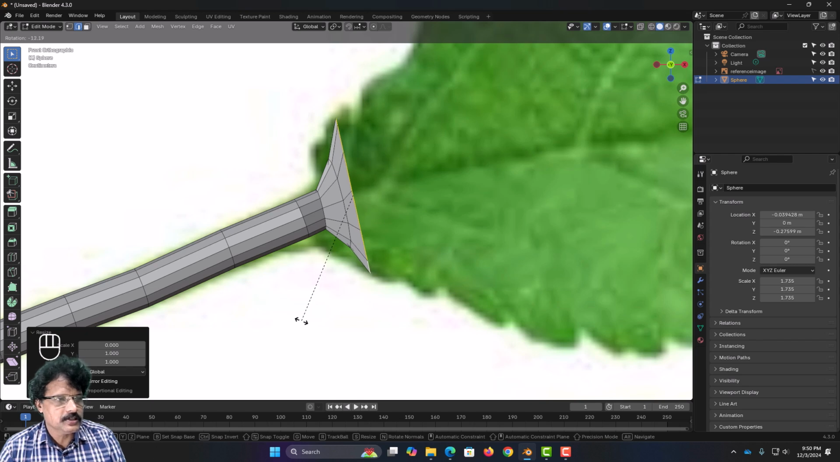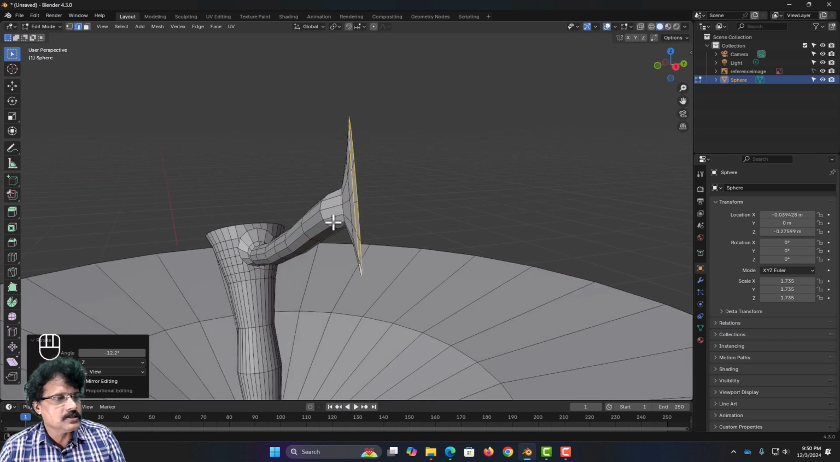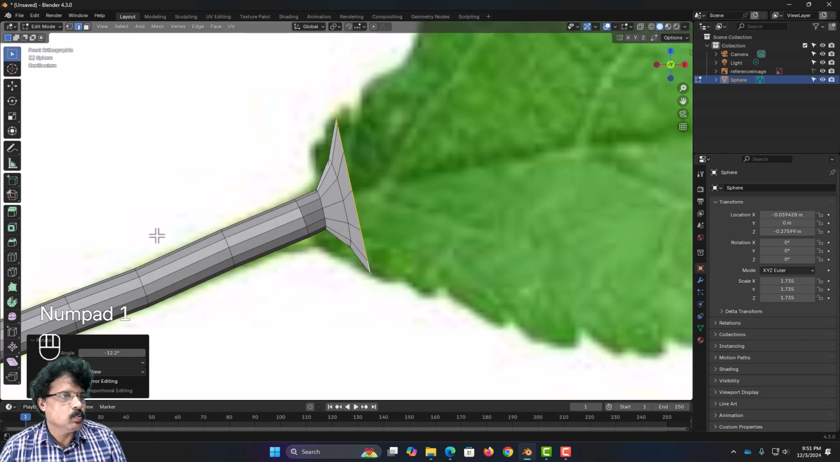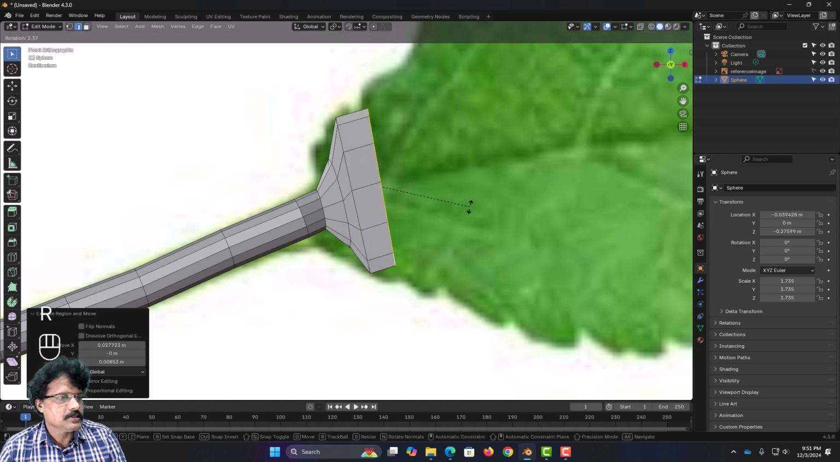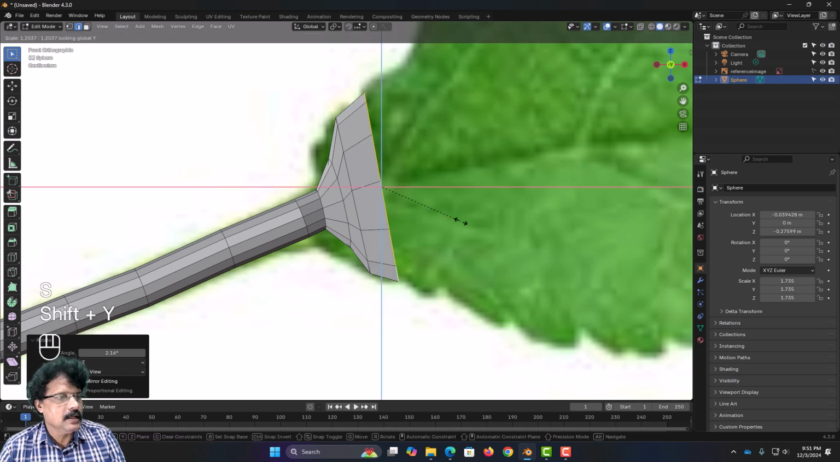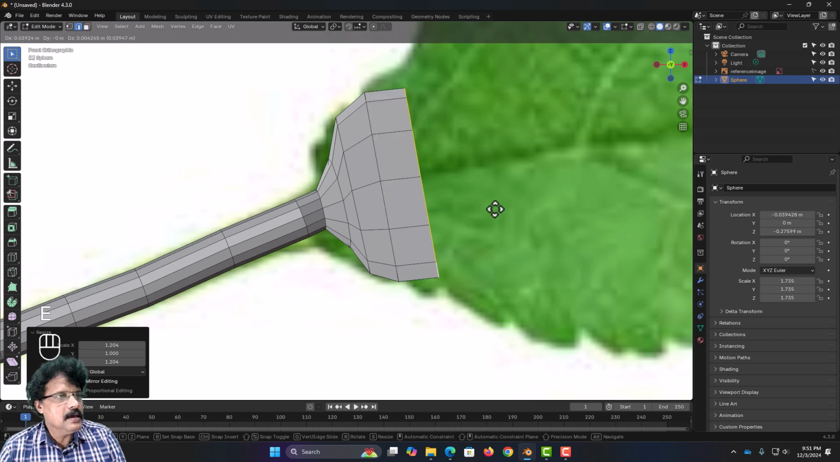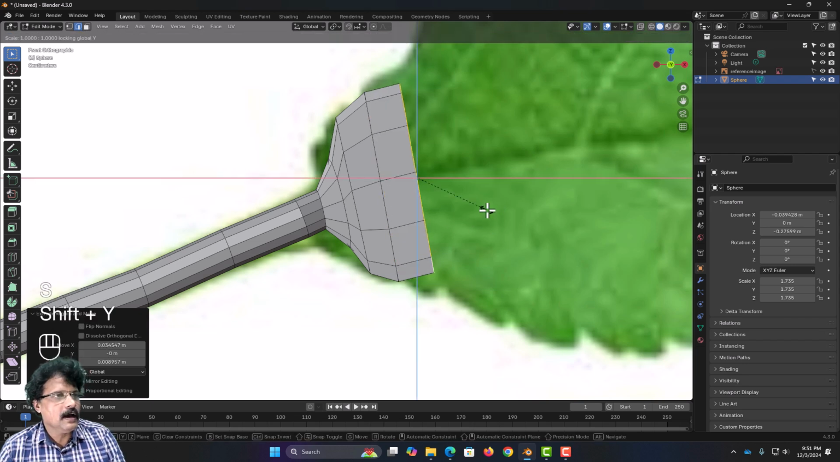So, I will adjust this. Now, I will turn and see, okay, this is fine. I will press 1 and now I will press E, I will move it here, press R and slightly rotate it, yes, shift Y and scale it like this, then E, pull it, then press yes, shift Y and just